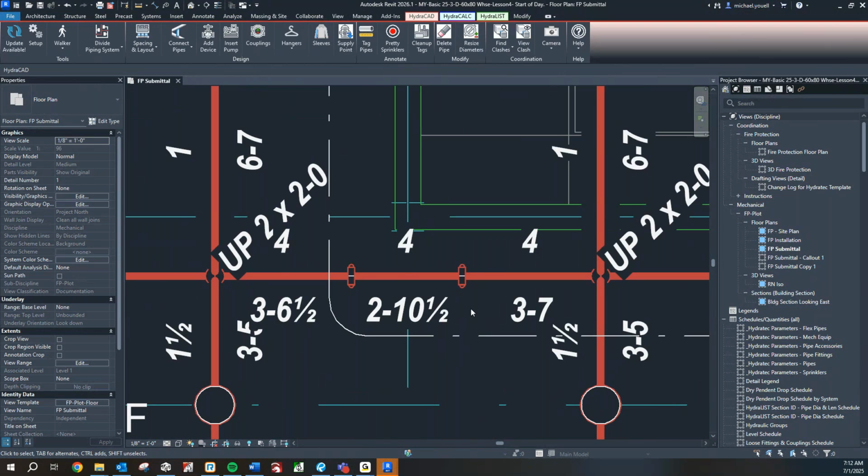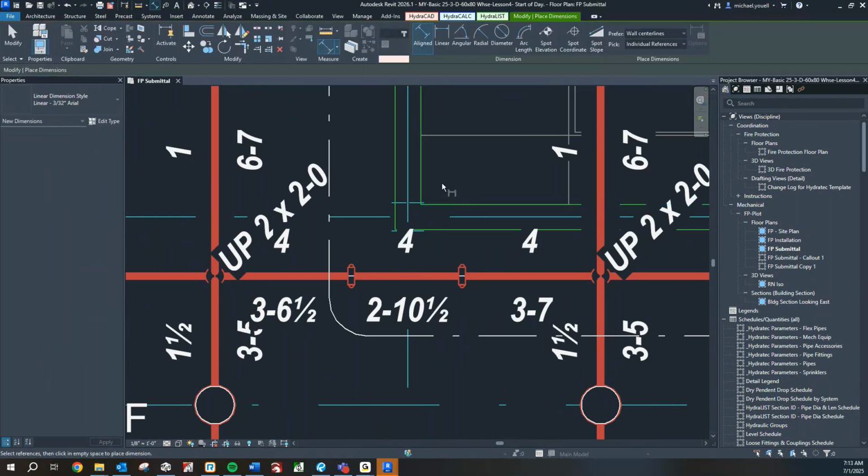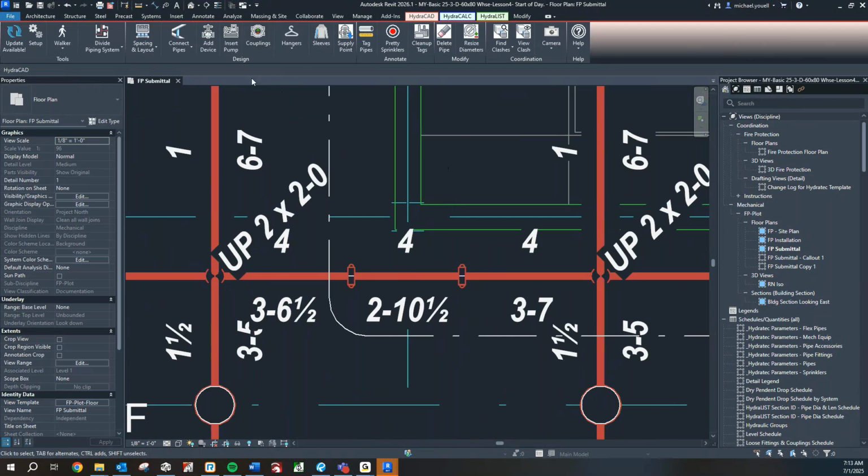Well, hopefully you'll like this one. So we wanted to get it exactly a foot. And to do that, this is a feature we can use to locate a pipe exactly someplace, or a sprinkler head, or in this case, a coupling. We're going to use DI, or the quick access toolbar where it says aligned dimension, and pick on one side